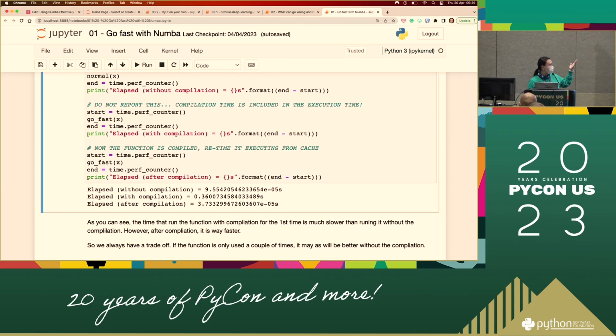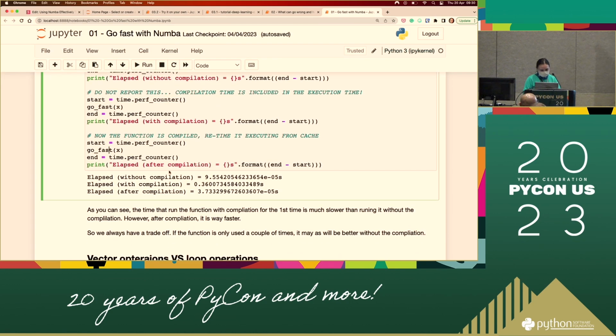So for example, if you only call go fast once, you actually end up with a slower program than the original, the normal one. So this is not a good thing. However, if you call go fast the second time, since it's already compiled, Python reads all the code, goes here, and then Numba jumps in again and says, hold on a minute, this one I have already compiled. Just grab that already compiled thing. Don't need to talk to the C API anymore. So it executes super fast, right?